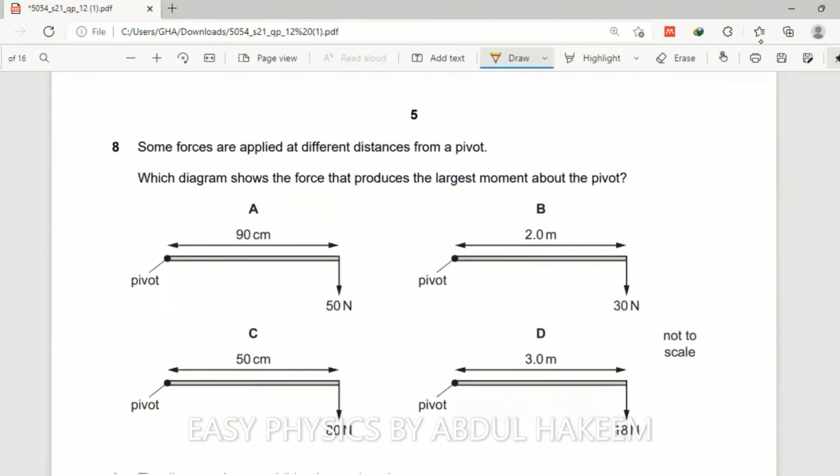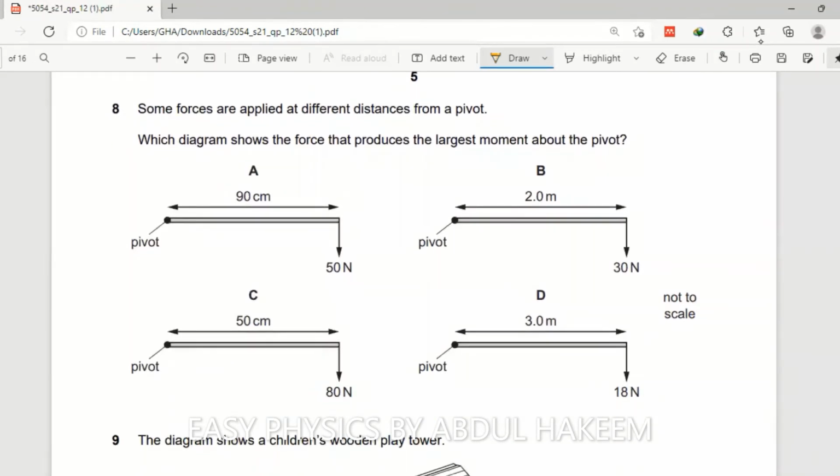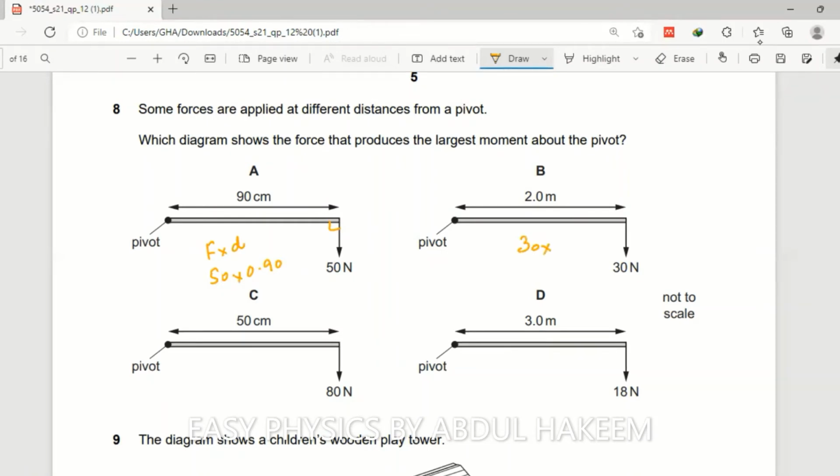And the next question, number 8, is, some forces are applied at different distances from the pivot. Which diagram shows the force that produces the largest moment about the pivot? So perpendicular distance. So F into d, this is the moment. Now we will write 50 force and this distance in meters, 0.9. And here it is 30 multiplied by 2. Here it is 80 times 50 centimeter, meaning 0.5. And here it is 18 times 3. Now, after the calculation,